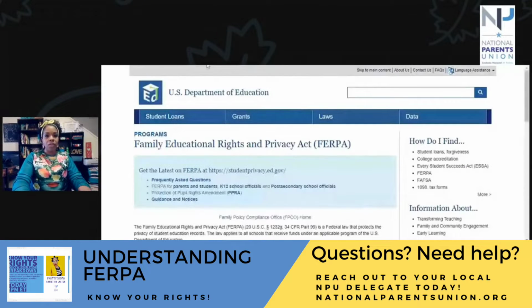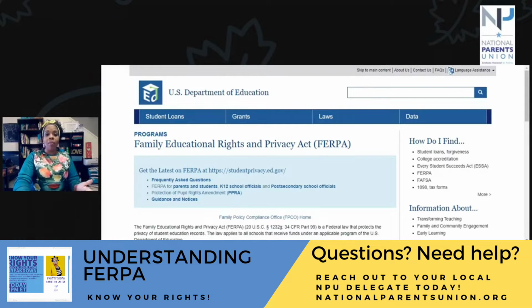All right, so we have here the Family Educational Rights and Privacy Act. As you can see right here, FERPA was enacted by Congress to protect the privacy of students and their parents. The act is designed to ensure that students and parents of students may obtain access to students' educational records. There have been some amendments to FERPA, in 2008 and 2011. Definitely make sure you are up to date with understanding your FERPA rights.